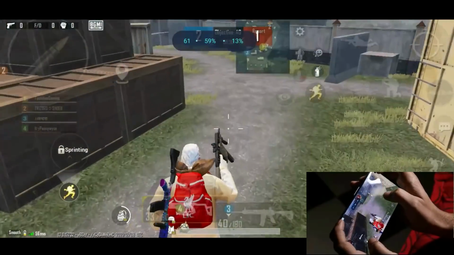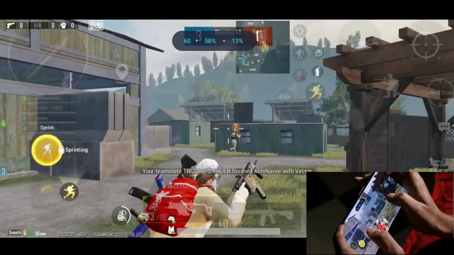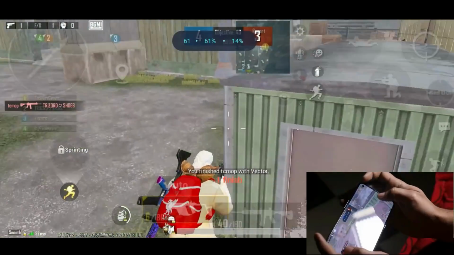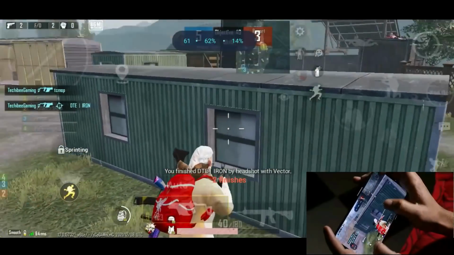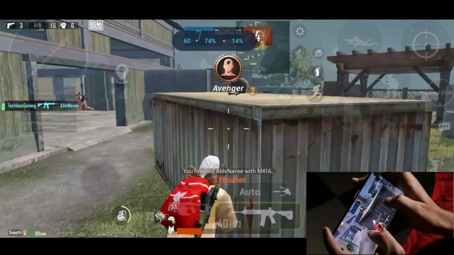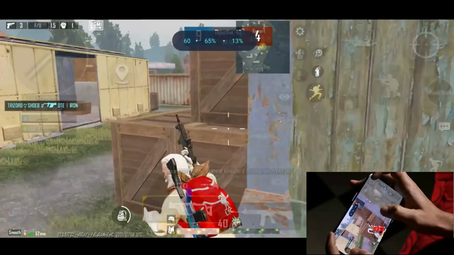Last but not the least, now let's talk about the performance part. As you all know, I've been into gaming for a long time and I mostly play Battlegrounds Mobile India. And trust me guys, I did not face any kind of frame drop or heating issues while playing Battlegrounds Mobile India on my OnePlus 9 running Oxygen OS 12. I've also done a dedicated gaming test video. That video link can be found in the I button. Make sure to check that video out.